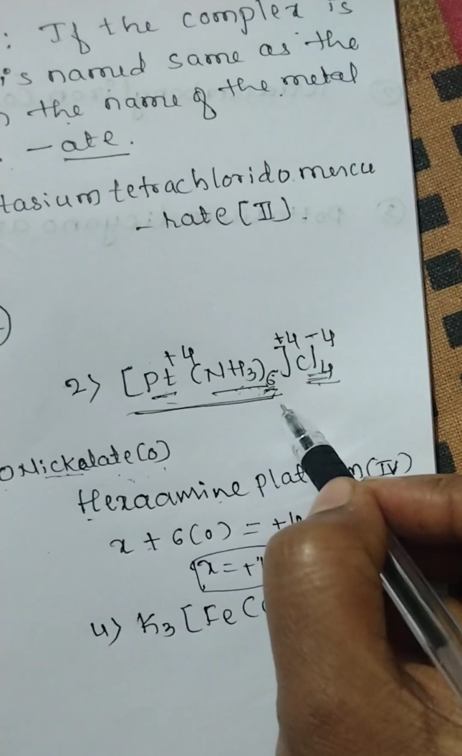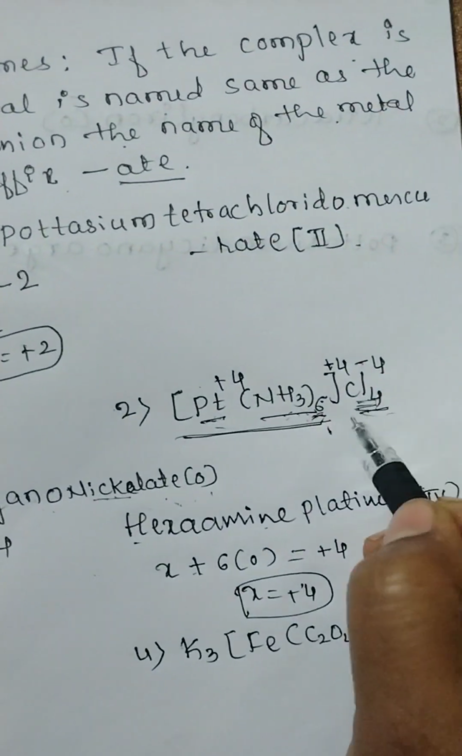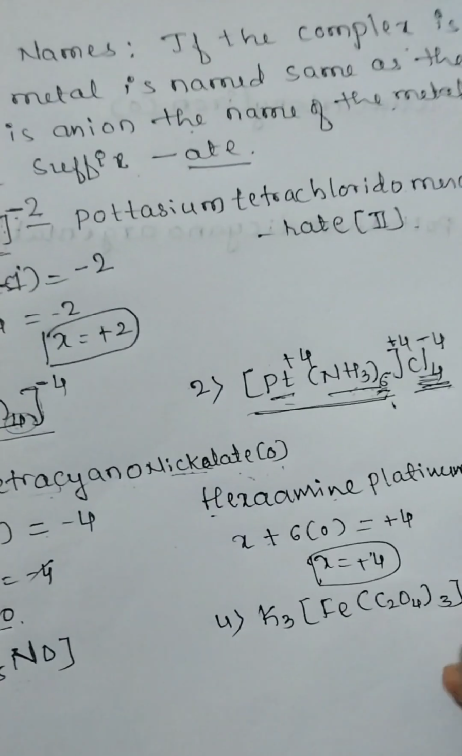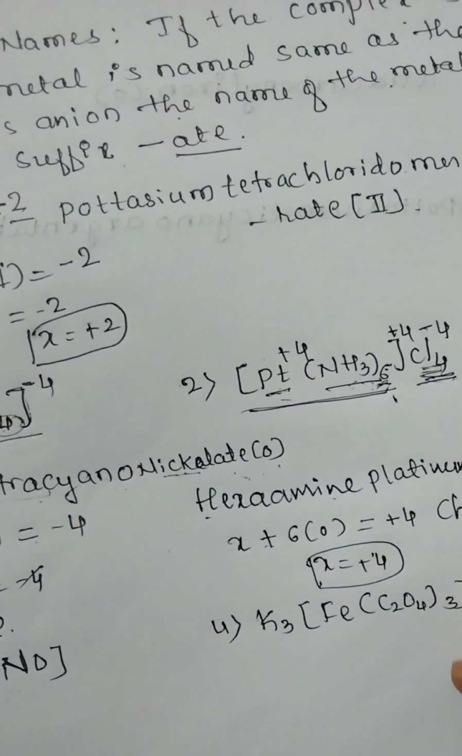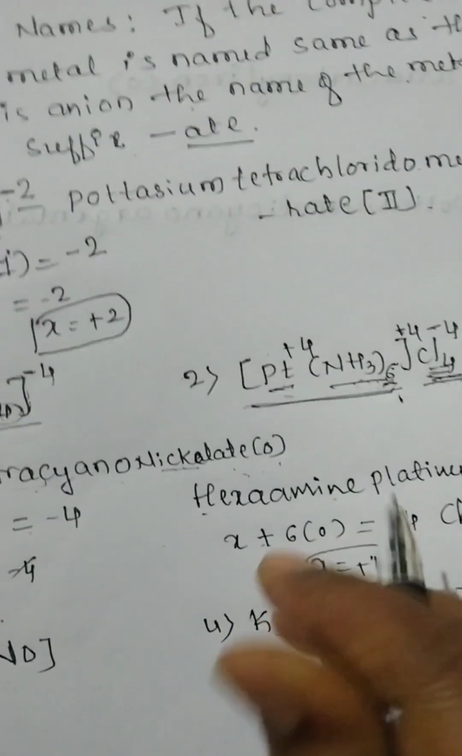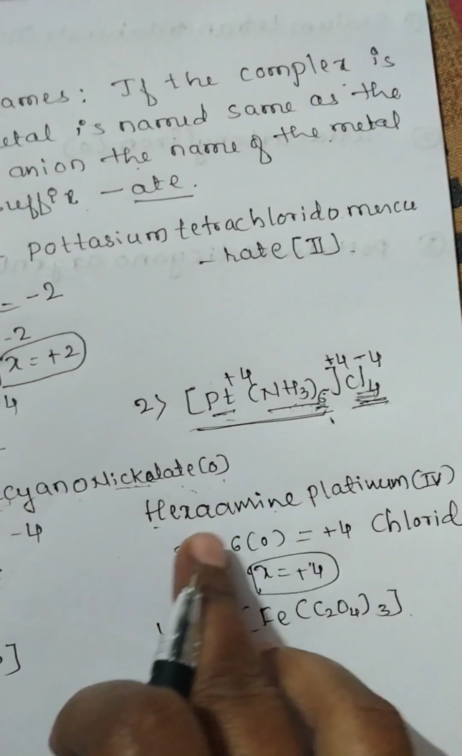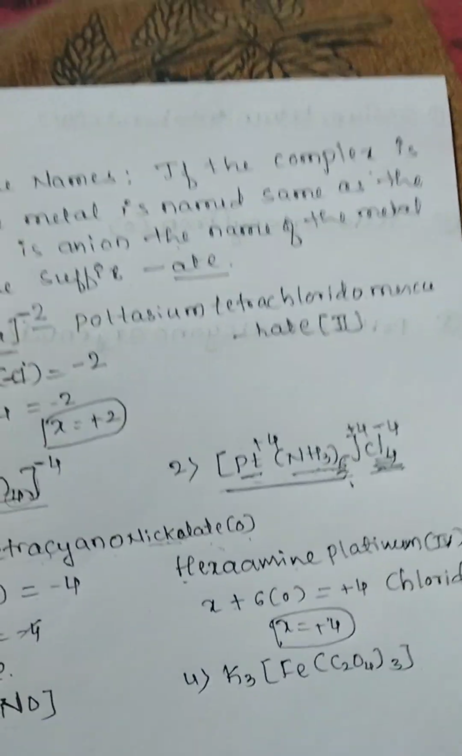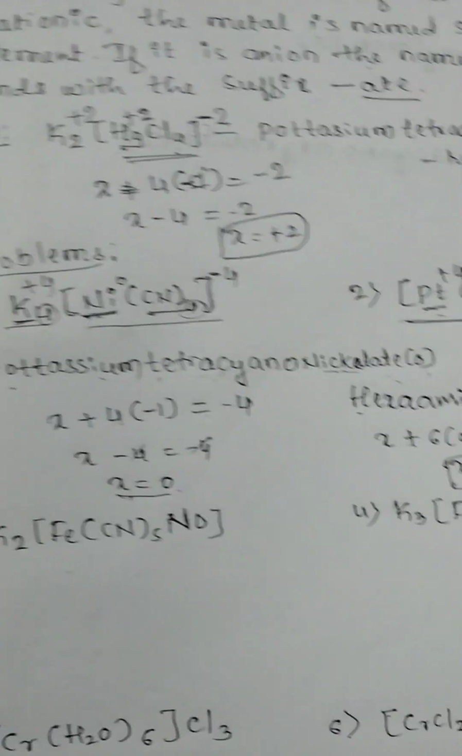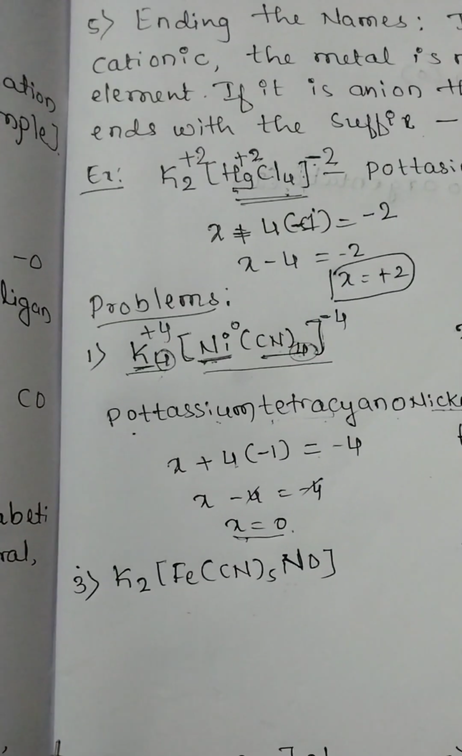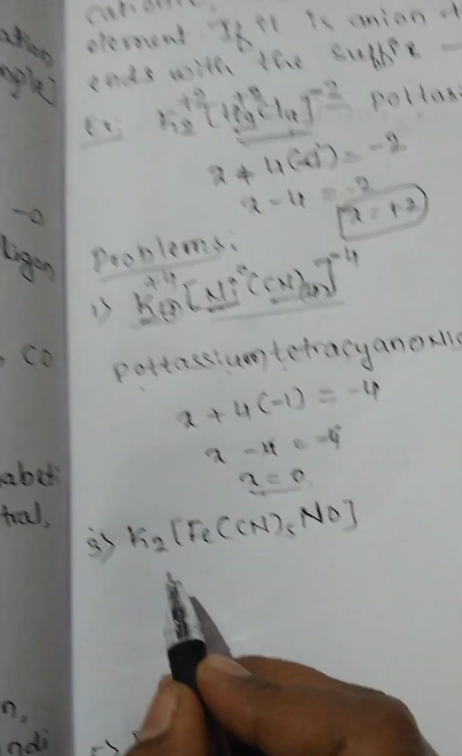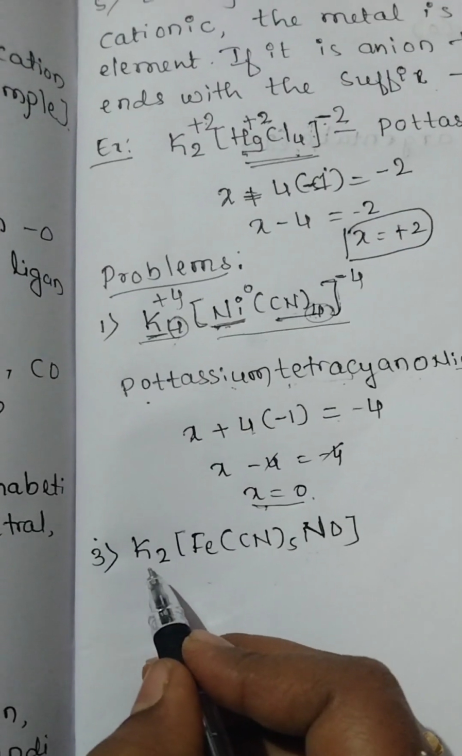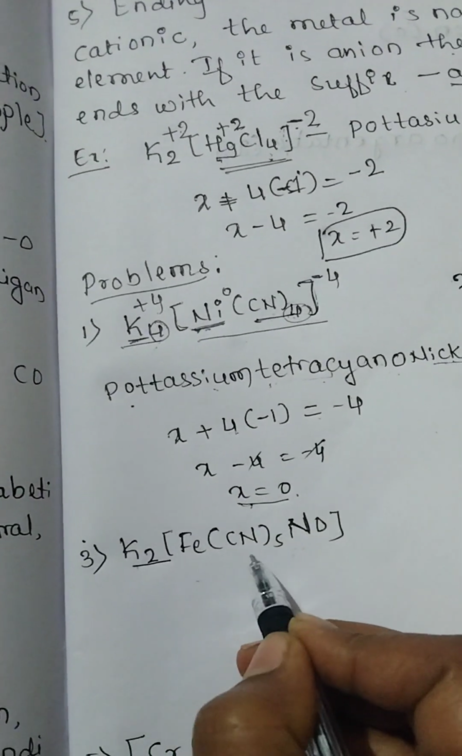The last is the simple ion, which is chloride. So the name of the complex is hexaammineplatinum(IV) chloride. Hope you understand. The next one, here again we have a simple cation and a